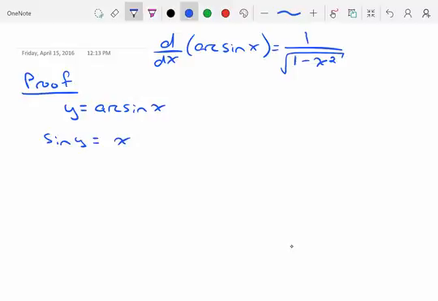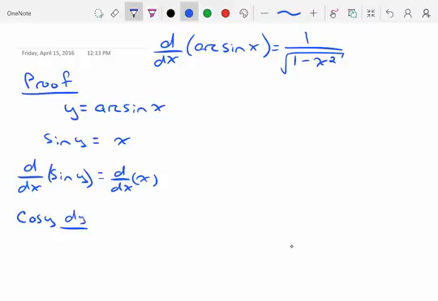And then I want to take the derivative with respect to x of both sides. So I get d/dx of the sine of y is equal to d/dx of x. Again, I'm taking the derivative with respect to x, so this is an implicit derivative. So on the left side, I get the sine of y being the outside function, and the derivative of the sine of y is the cosine of y, and then the inside function is y, so I have to attach a dy/dx, and on the right side I have the derivative with respect to x of x, so